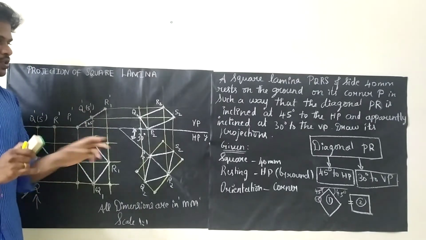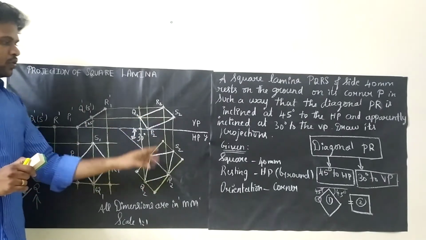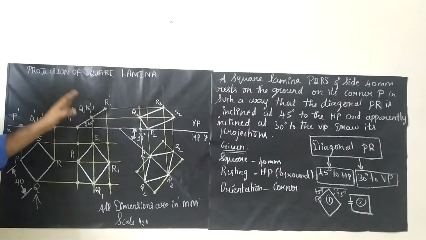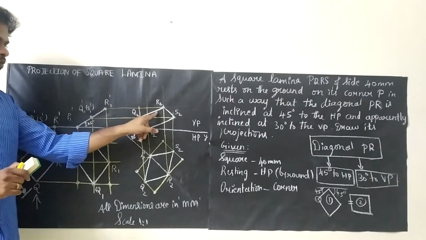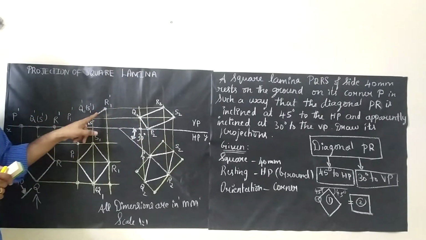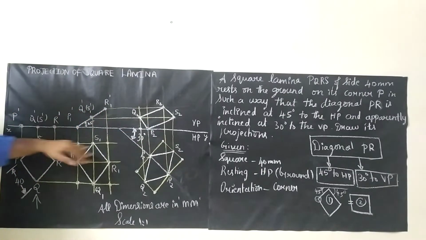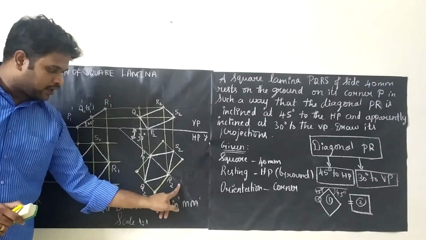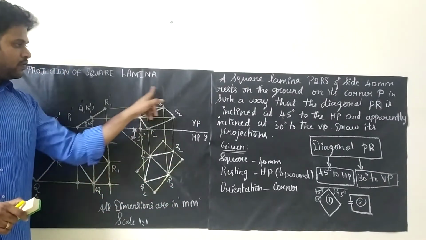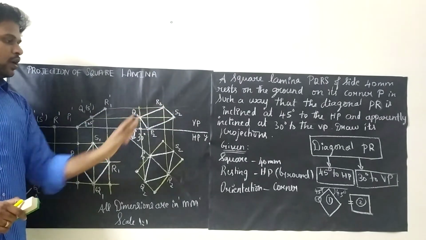So our solution is, this is the front view, this is the top view. So you will be getting 3 diagrams in the front view and 3 diagrams in the top view. Each diagram will be dependent on the previous one. If you are drawing this diagram, it is purely dependent on this. If you are drawing this diagram, it's dependent on this. Likewise, bottom also. And finally, try to rub the unwanted lines. So here you extended lines, here and all will be extended. Try to rub the unwanted lines so that the diagram will be very neat.